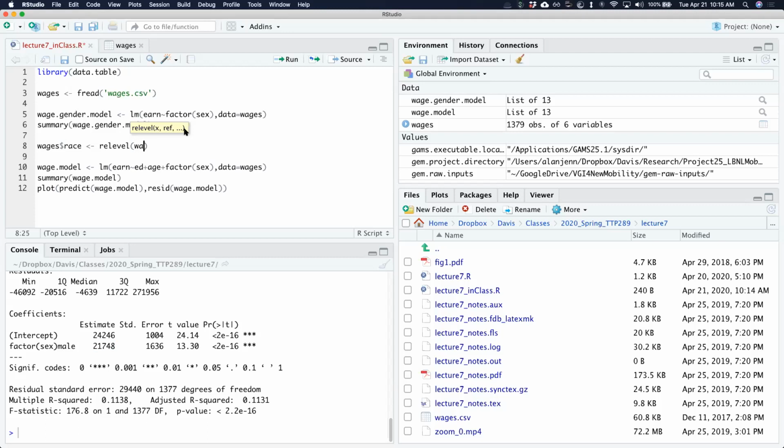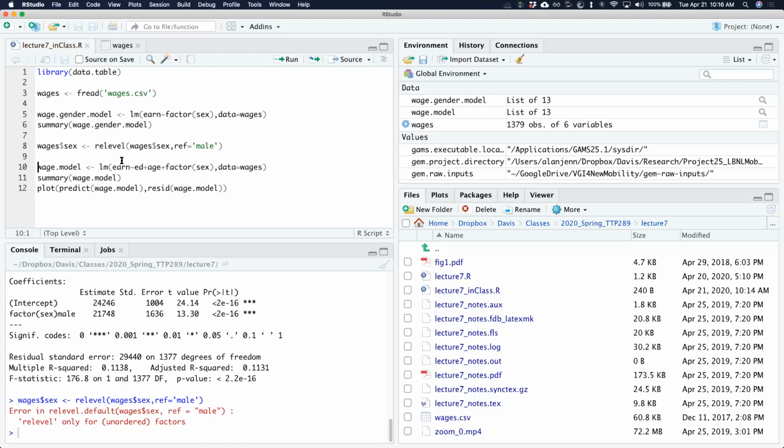So this might be something like, oh, not race, gender. So I want to re-level, writing the wrong variable here. So sex, and the reference I want is male instead of female. By default, it actually just goes by alphabetical order. So F becomes before M, but if we re-level it,